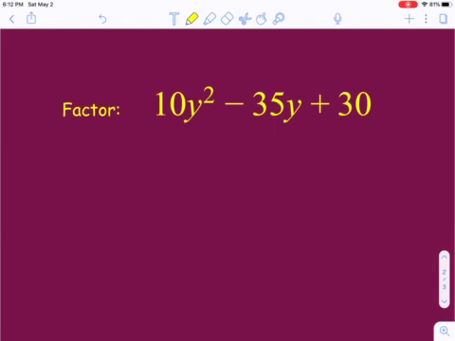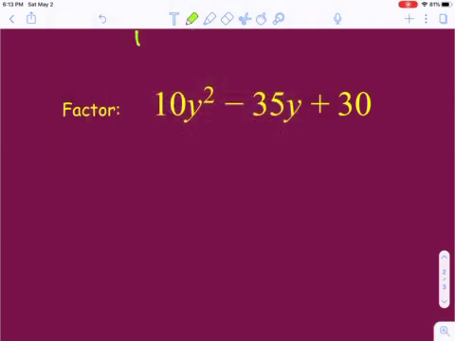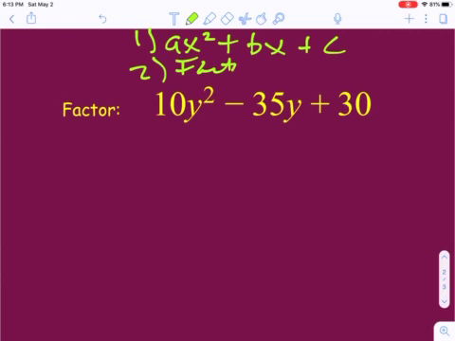So we got 10y squared minus 35y plus 30. So the very first thing I want you to try to remember is, in one of the first videos I told you should do two things. And the first thing I said you should do is that you should always, number one, make sure that it's written in ax squared plus bx plus c. And then the second thing you should always do is you should always factor out any common numbers that you